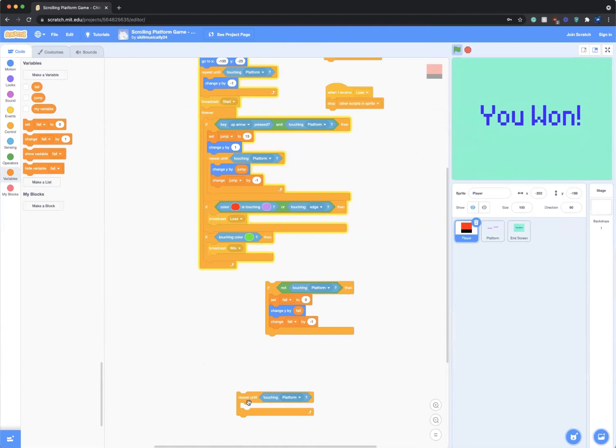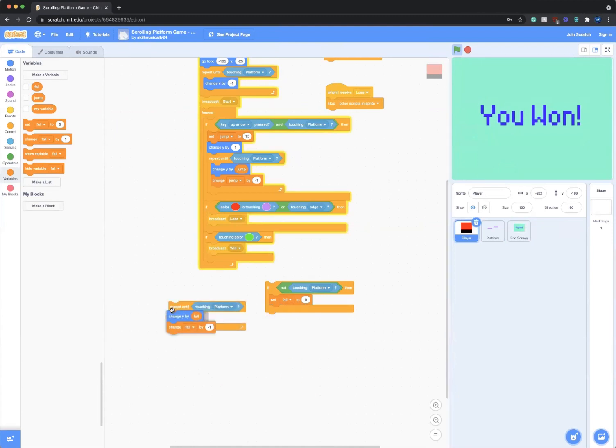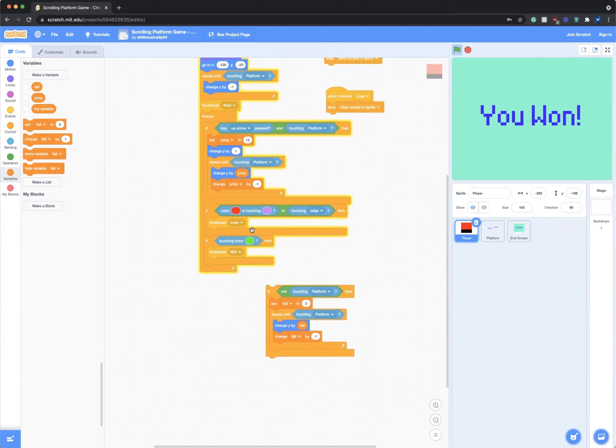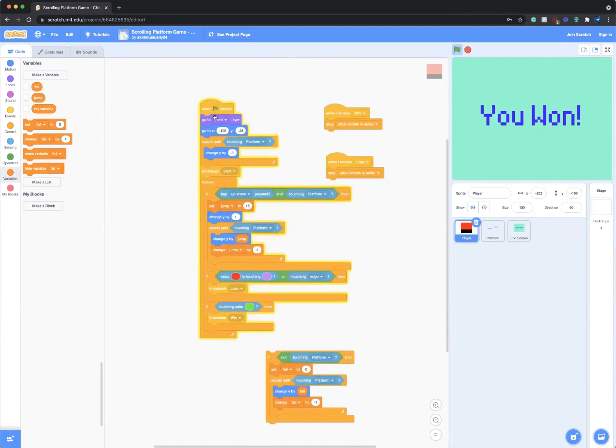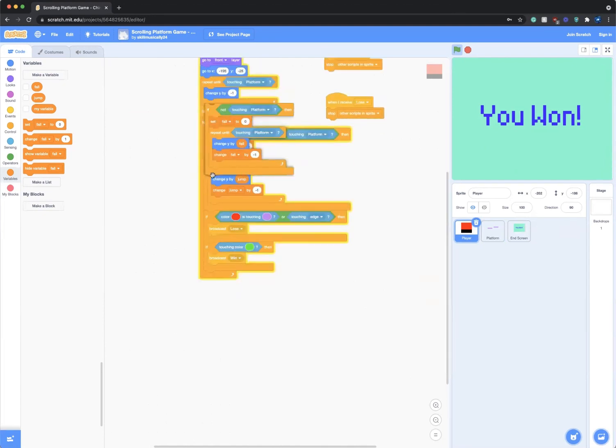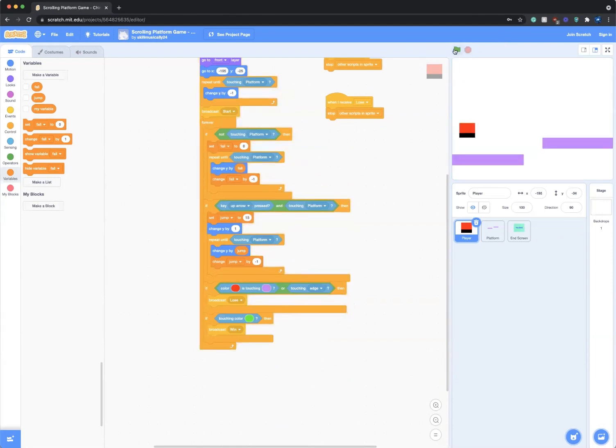So what we have is a repeat until, and we've set fall outside, because this block will repeat until it touches the platform. So until it touches platform, not set fall to 0, and that's what we don't want it to set to 0, because we want it to get faster, not go to 0 every time. If we were to put this back where it is, now when it falls,